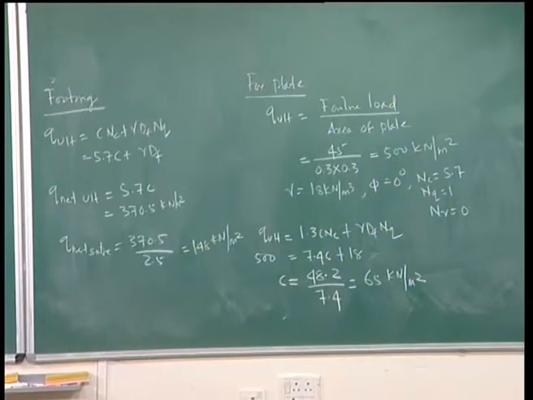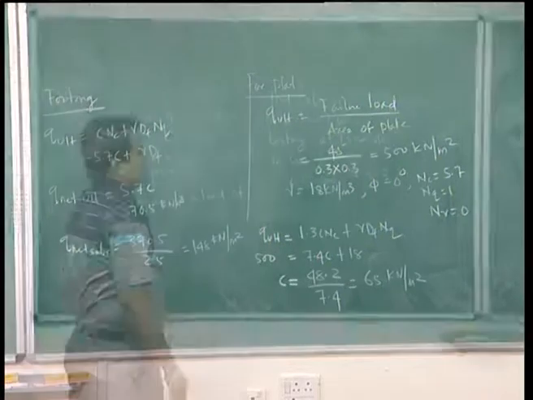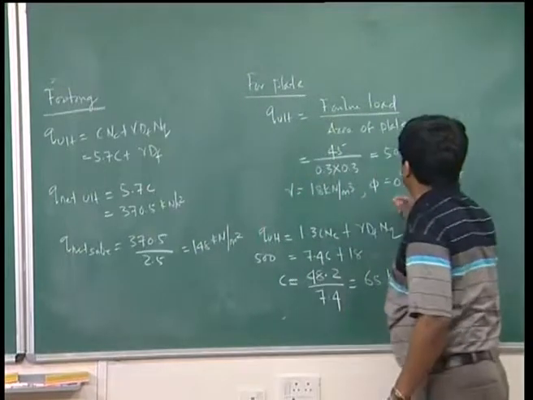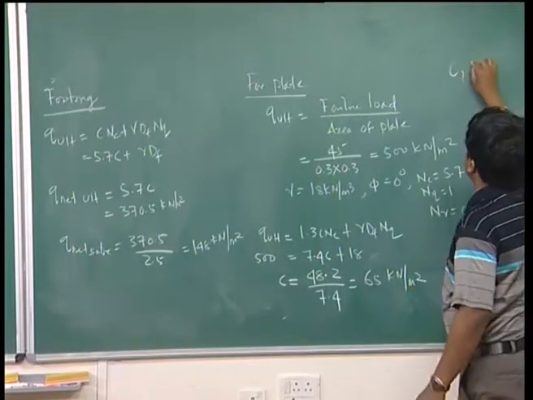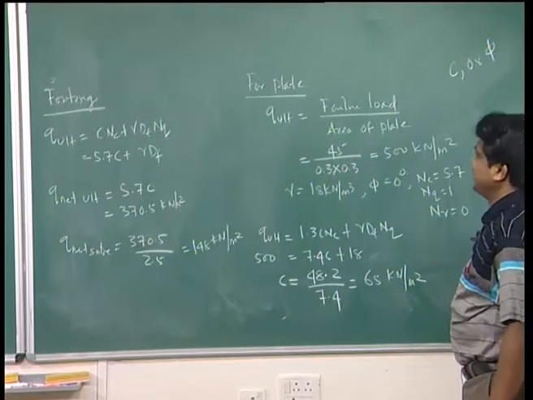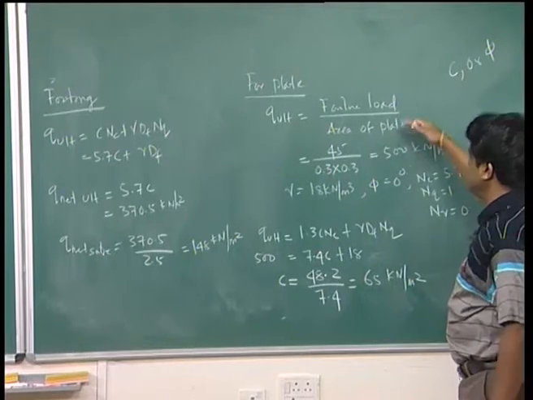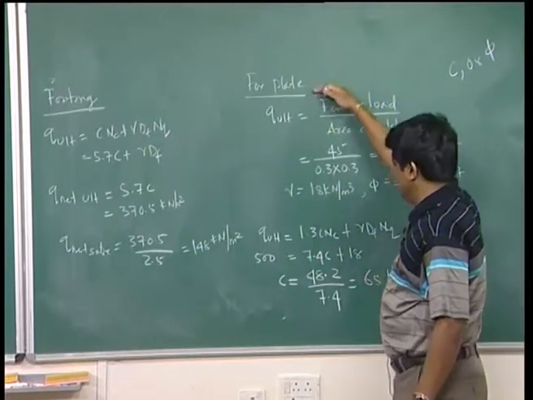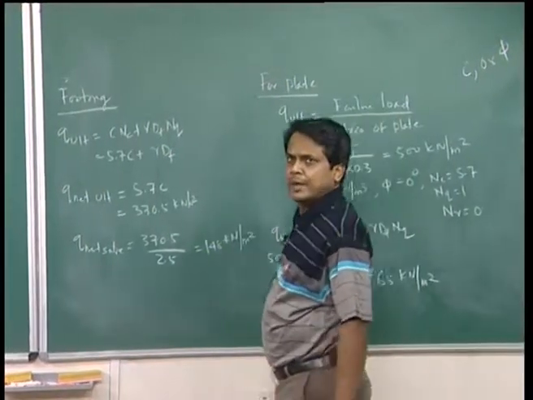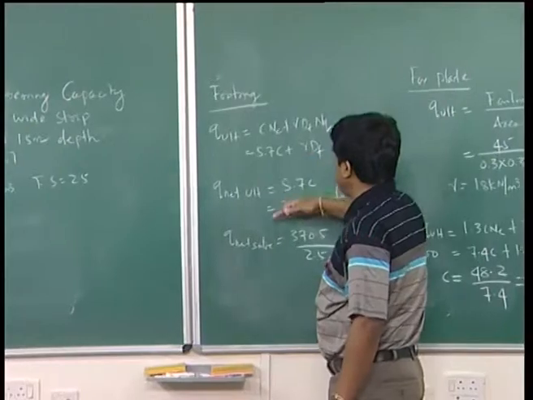Now if you look at both the problems, example 1 was for cohesionless soil, example 2 is for cohesive soil. In this case, from the plate load test you can find the unknown parameter, either c or phi. In the second case, the unknown parameter c you can get from the plate load test. We got c is equal to 65. With the use of c for the footing you can find the net safe capacity.